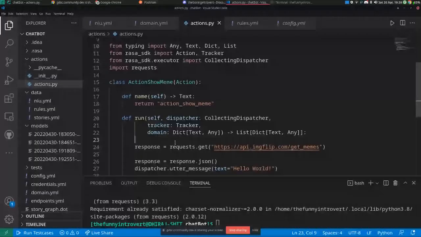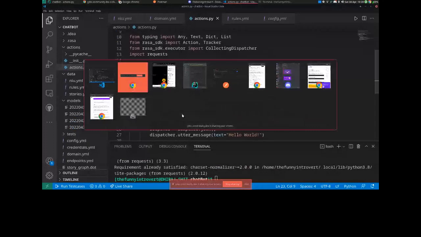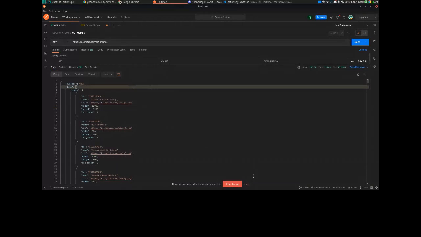This is what we are going to get as a response. So when I'm doing get memes, this is what we will get. Now this is a JSON, but if we go to raw, do we have a raw? Okay, I think it's still JSON only. So if we don't convert to JSON, we get some raw data, which is not at all useful, and it is going to give us an error.